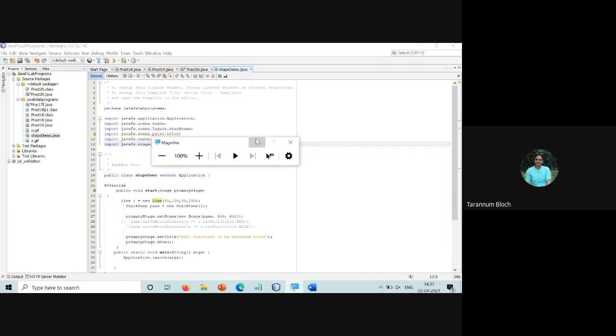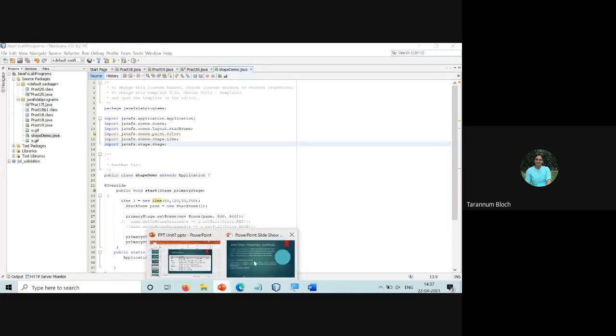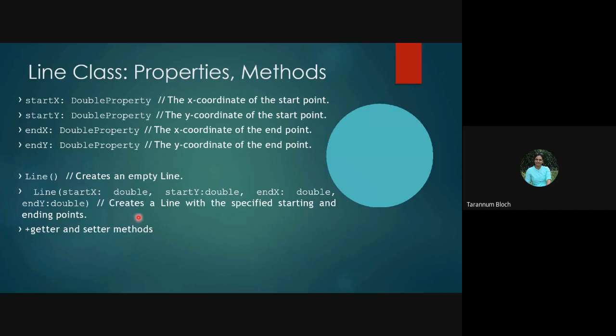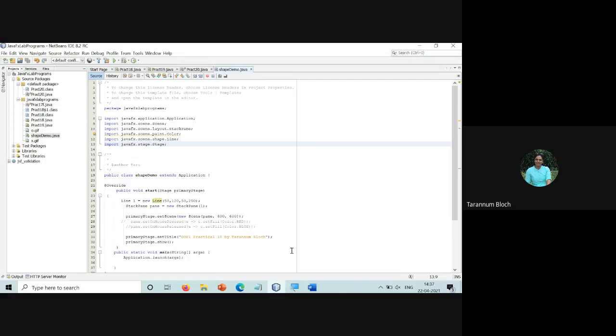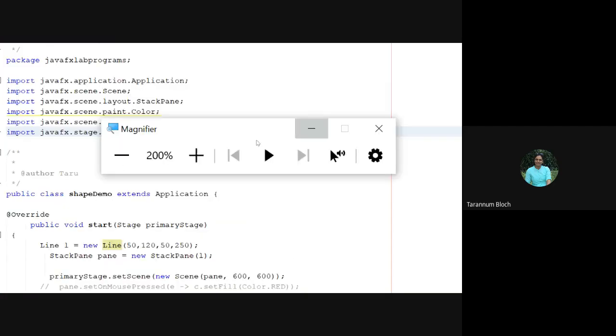Okay, fine. So let us go ahead in the theory. So what we said is we have a Line class and we can have a parameterized constructor. This is what we have used, right? And we have getter and setter methods. You can set x and y, right? Suppose you don't want to give the x and y values directly.